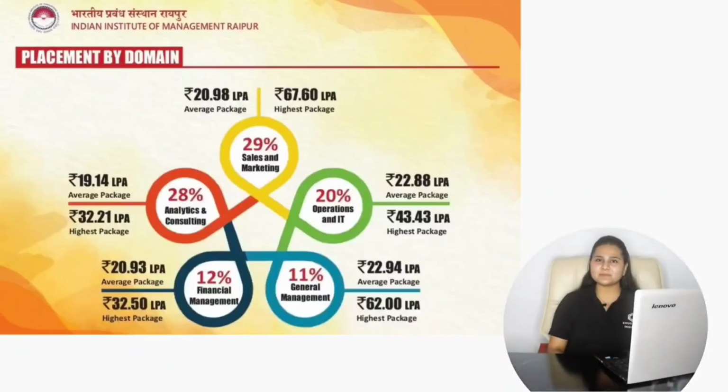And this is the domain-wise placement for the batch of 2021-2023 with the Indian Institute of Management Raipur. Here 29% placements were from sales and marketing, 28% from analytics and consulting, 20% from operations and IT, 12% from financial management and 11% from general management. So this is all about the Indian Institute of Management